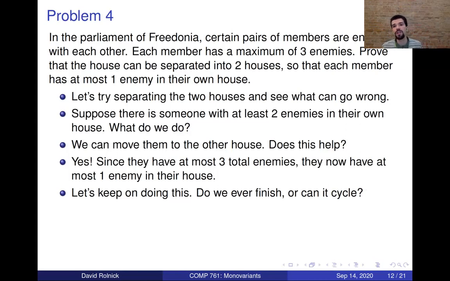So there's a suggestion that a person can only move once. I'm not sure immediately why that's the case, because potentially their enemies could move as well. You can visualize this as a graph, but I'm not going to do that yet, because we're going to have a class on graph theory later on. To answer a question, yes, the enemy of an enemy can also be an enemy.